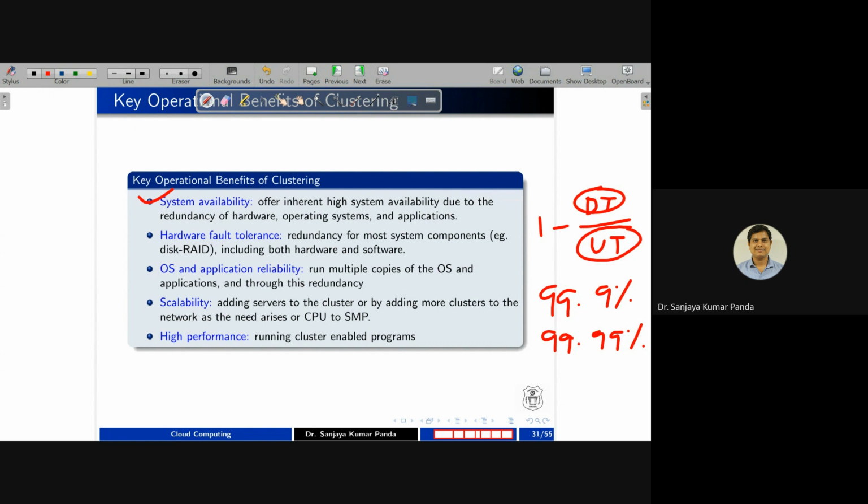RAID, a redundant array of inexpensive disks or independent disks, is for copying or storing our data in such a manner that if any failure happens, it is not going to impact. That is called hardware fault tolerance. In that case also, a cluster is more beneficial. Scalability wise, it is also more beneficial. Reliability,